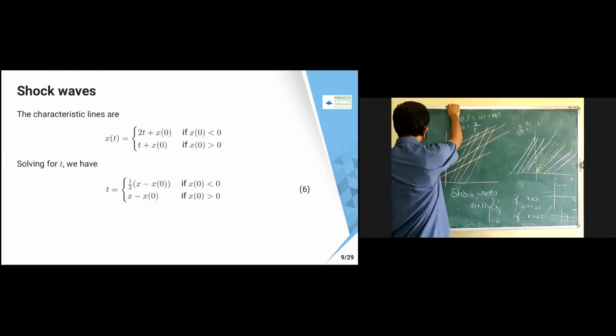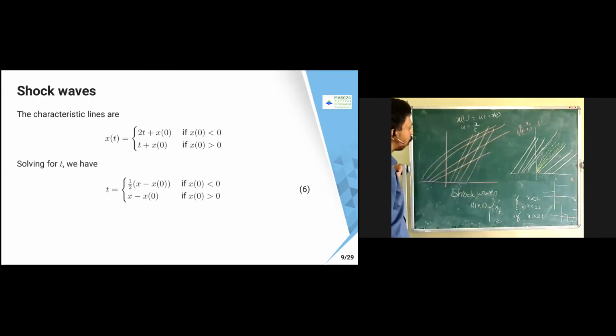So here what is happening is that the left waves are moving slower, whereas the right waves are moving faster. Now the slope got changed. So what will happen here? The left wave is moving faster, and the right wave is going to be moving much slower, because this slope is half and this slope is 1. So when this wave is going here, it is going to capture this right wave. It is always captured. See, there is no common intersection, so some gap is formed. Here it is already intersecting.